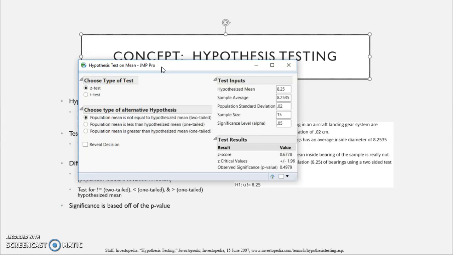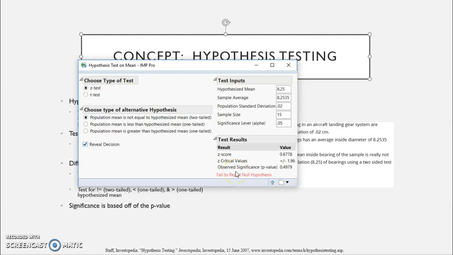And notice that because we know our population standard deviation, this is a z-test. We were trying to prove the alternative hypothesis that the population mean is not equal to the hypothesized mean, which is a two-tailed test. And simply we just have to reveal the decision, and based on our p-value of 0.4979, which is a lot greater than our significance level of 0.05, we fail to reject the null hypothesis, and therefore we cannot prove our